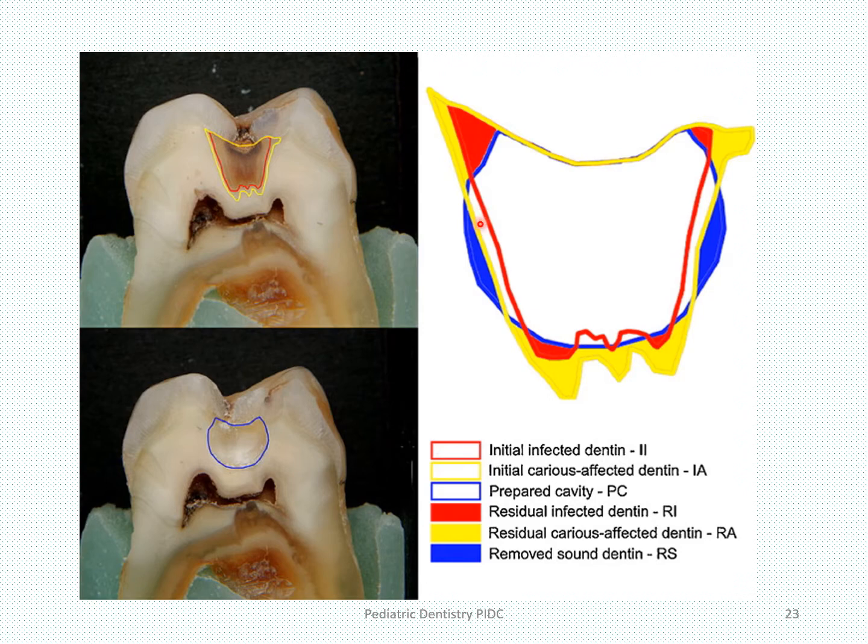All right, so the blue line is here. So once you finish caries preparation, this is your cavity preparation here. Okay, but at the corners you will find that there is some infected residual dentine and there is some affected dentine also. So this slide basically tells you how careful you have to be when you're doing caries excavation,